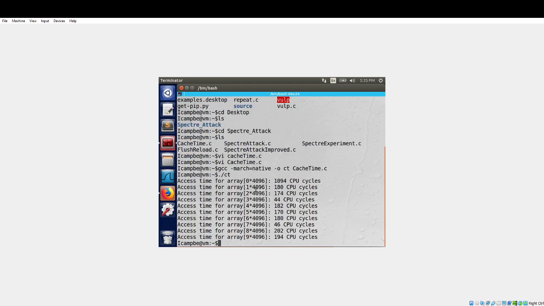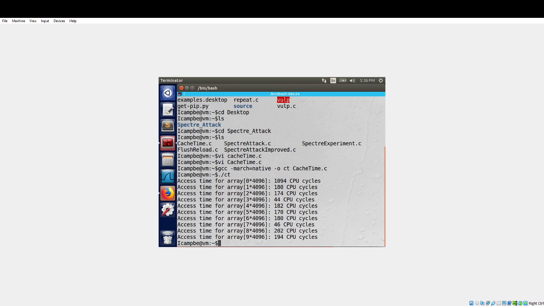As you can see, it's printed out those 10, so obviously 0 to 9 is 10. Here we go. We have longer CPU cycles for everything except the 3 and the 7, which is where we pushed those values into the cache. As you can see, it is much quicker than the rest of them, and this is how we can see if something's in the cache.